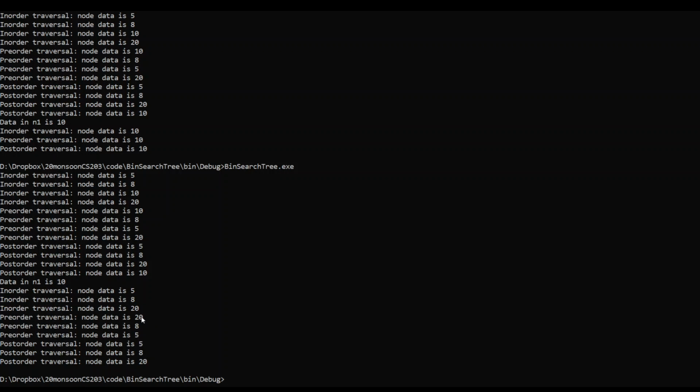If 20 is root, then 20 was also the successor of 10, right? So 10 got replaced with 20, and the 5 and 8 are in the left subtree.